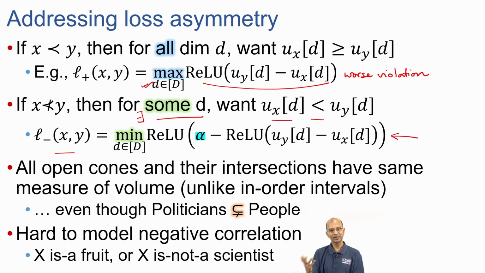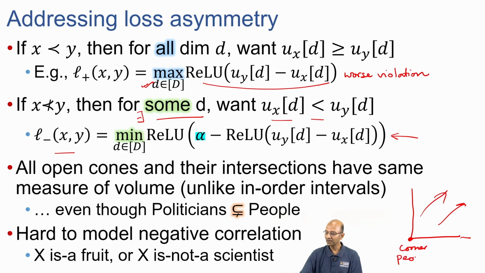Okay. Now this scheme works, we have tested it, but it still has a limitation that these cones, if you will, are all upward open. We only characterize it by one corner, and then any vector above that corner is a member of that type. But this is a bit bad, because if I have people over here and I have politicians over there, it's true that politicians is contained in people, but the volume of them are both equally infinite, and that doesn't make sense,